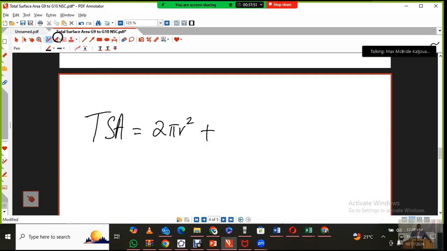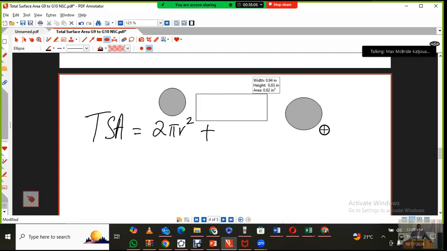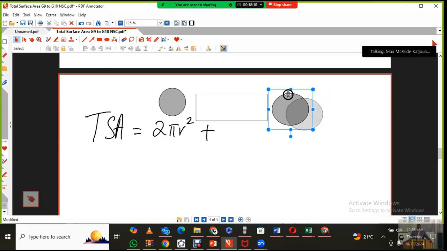That's why you will see things like this in your book. The area of one of these is pi r square, so two of them together,